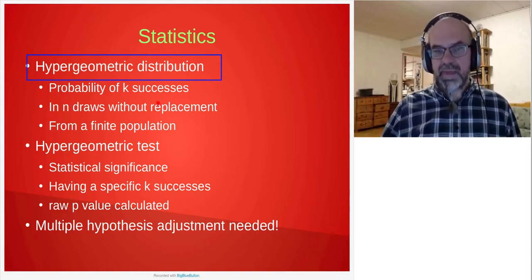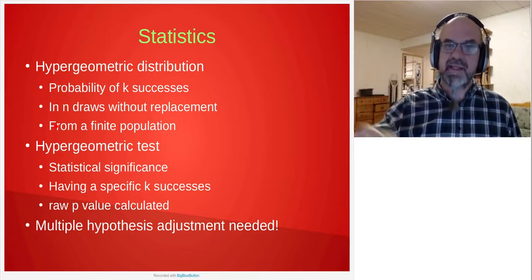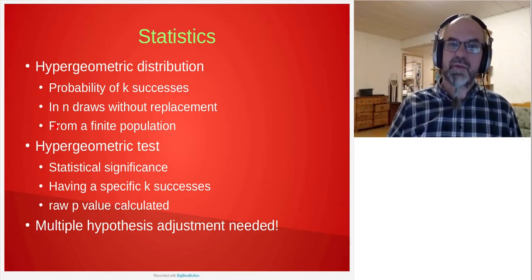For that, we have the probability of successes, the number of draws without replacement, and so on. The hypergeometric distribution itself gives the distribution of the number of successes if you draw more and more